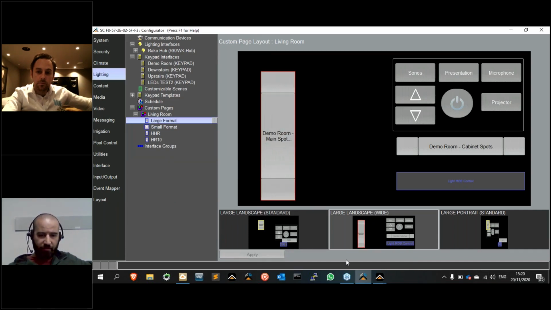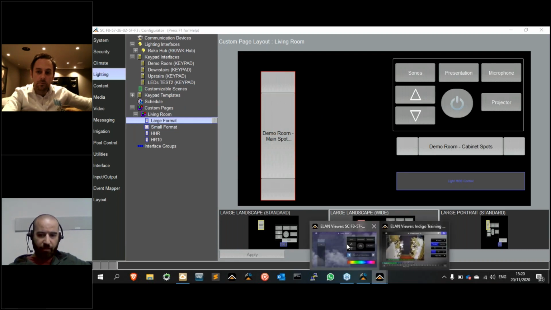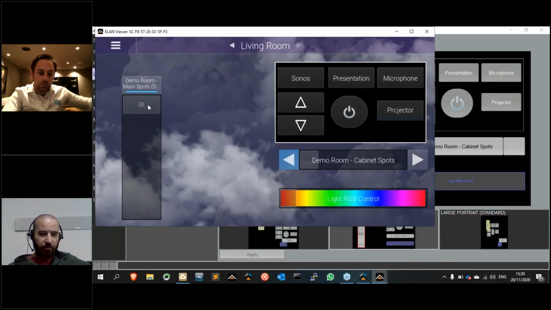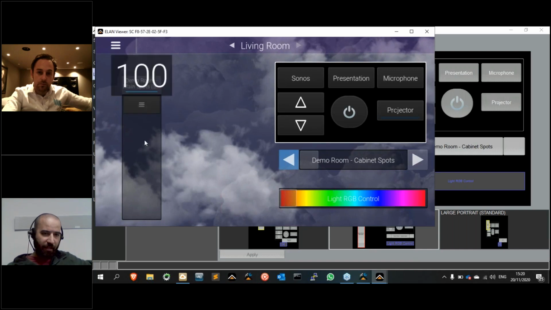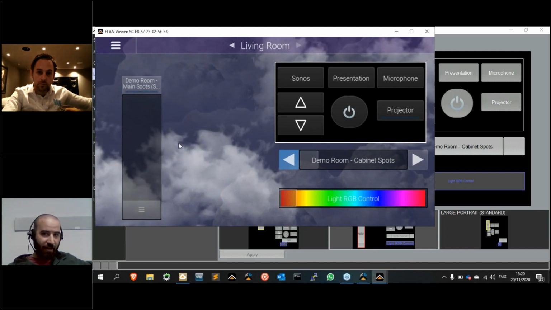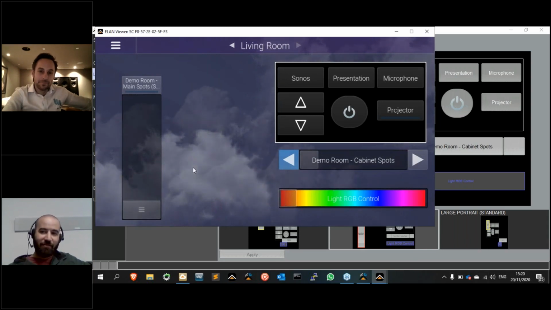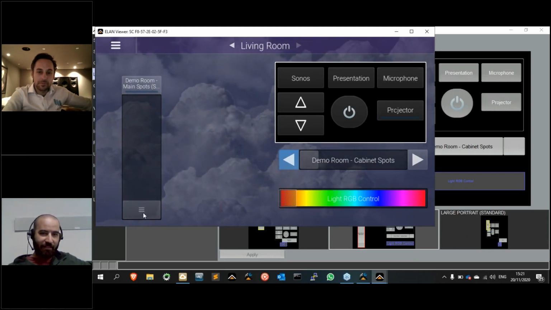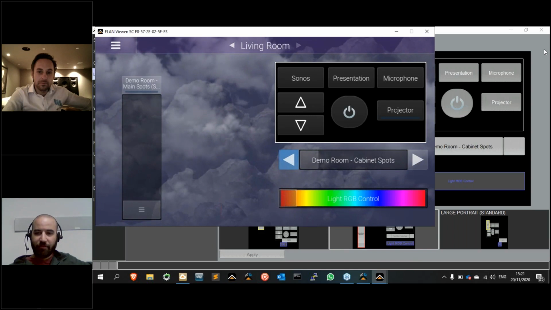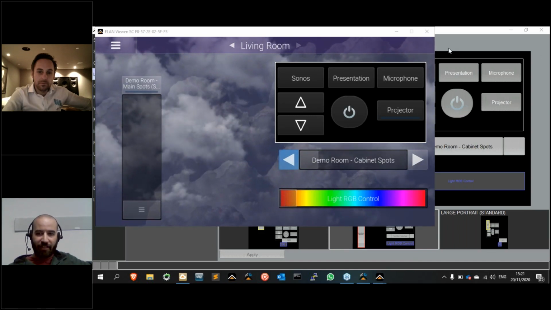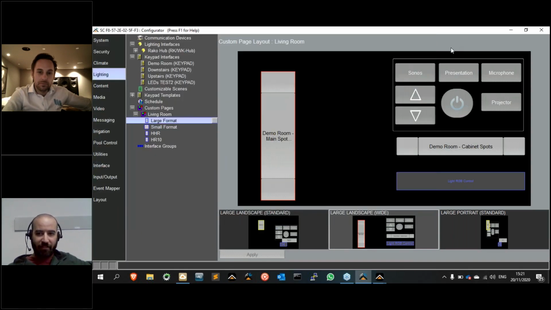Now, when I save it, immediately, if I go back to the viewer, there you go. And those of you still looking at Craig's camera will see that the lights behind him are dimmable, right? So this is literally live, whatever changes we make on the Elan, we do it immediately. Now, if I wanted to create a new one, I can copy it, paste it